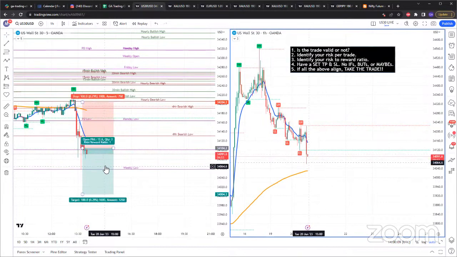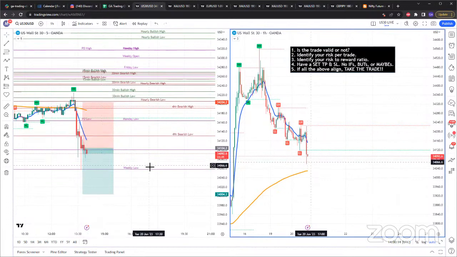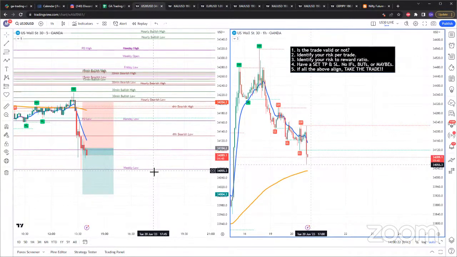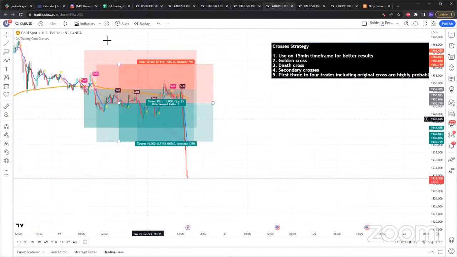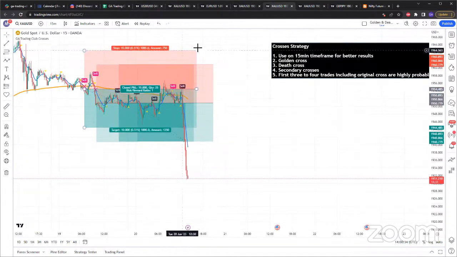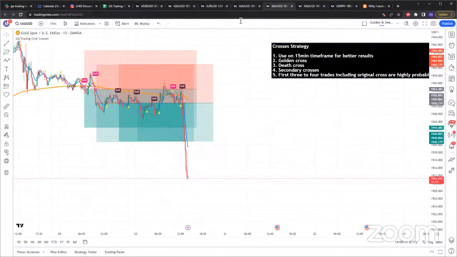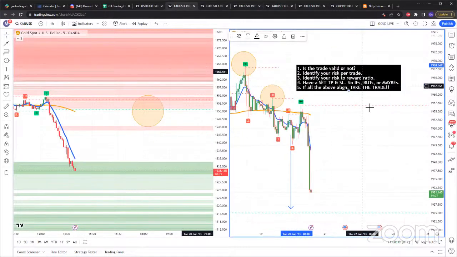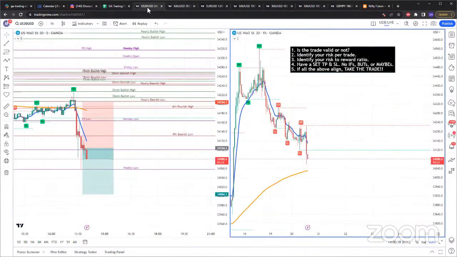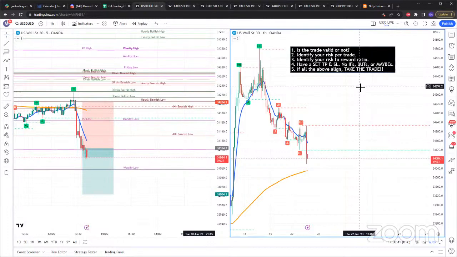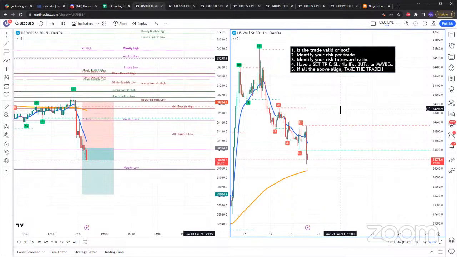So risk per trade, for example, for this trade, I did say I was taking it with a 0.5% risk. More recently, I've started taking trades with a 1% risk. So nowadays, if a trade has like a 90% probability of hitting, which for me mostly is the crosses indicator, because this has like a 90 to 98% win rate, I will take those trades with a 1% risk. Trades that have like a 70 to 80% probability, I will take them with a